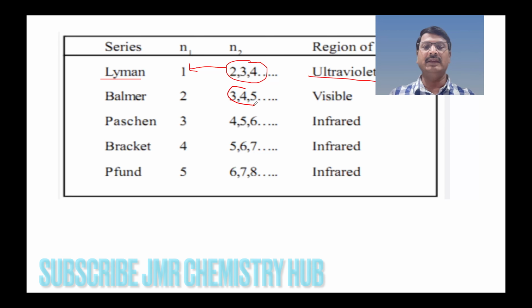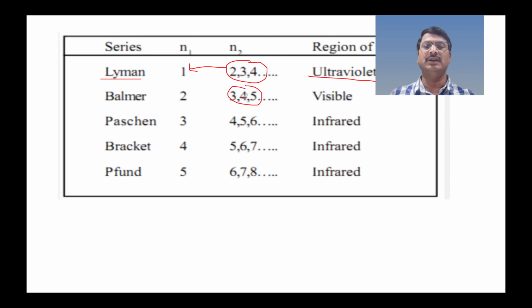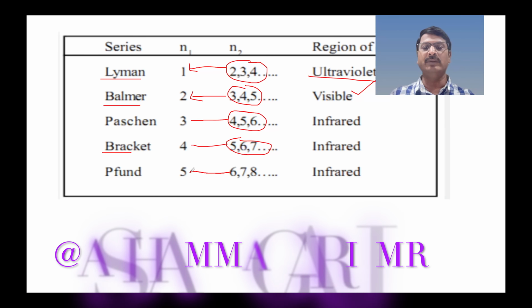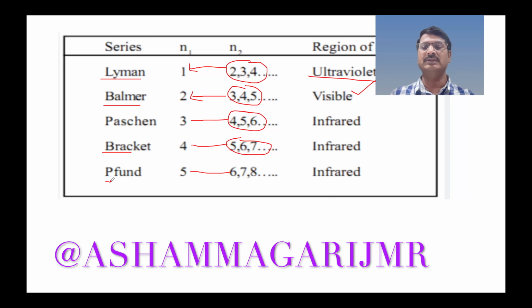If any higher energy electron present in the third, fourth, fifth level comes into the second energy level, it is called the Balmer series, present in the visible region. If a 4, 5, 6 electron comes into the third, it is called the Paschen series. A 5, 6, 7 or higher energy electron coming into the fourth is called the Brackett series. If an excited electron comes into the fifth energy level, it is called the Pfund series, and these three are present in